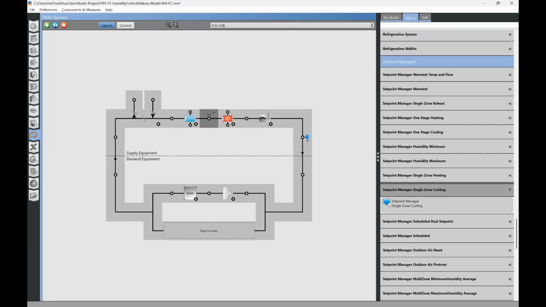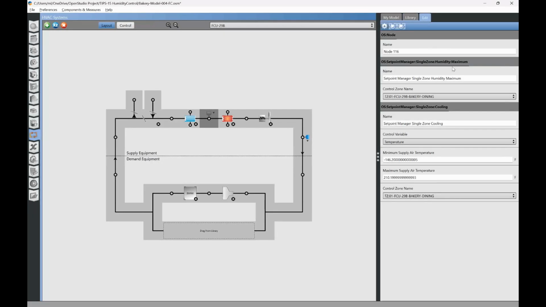Let's just do that. So we'll drag this in here and drop it right on top of the same node. It comes right after the cooling coil. And then we can click this, and you'll see that we have two set point managers on that node now. We have a dehumidification controller, and then we also have a sensible cooling controller. And that should be all we have to do